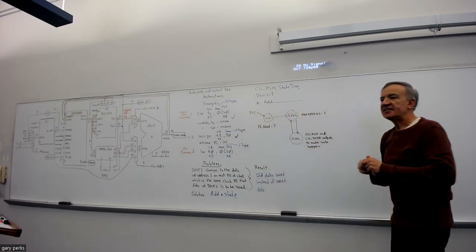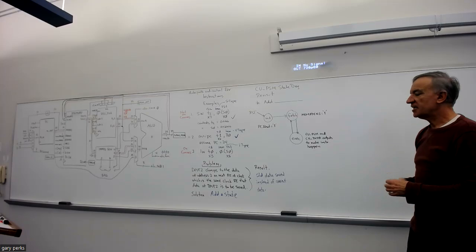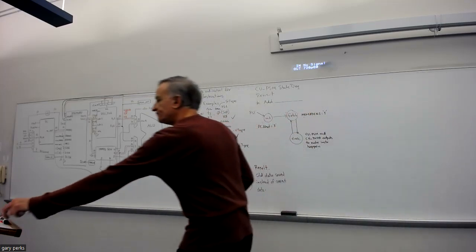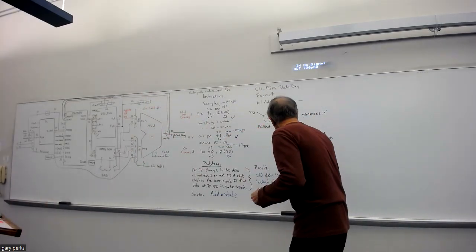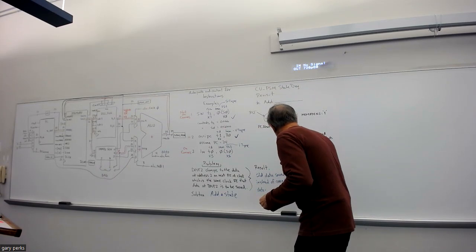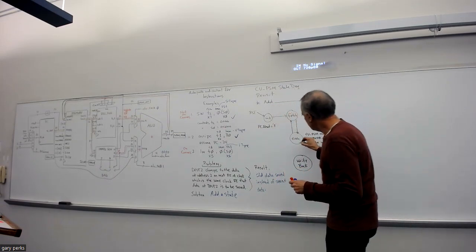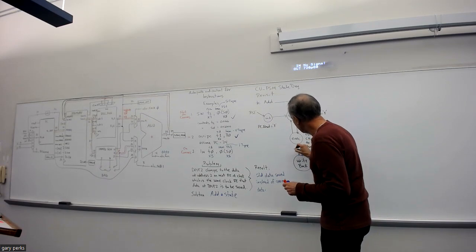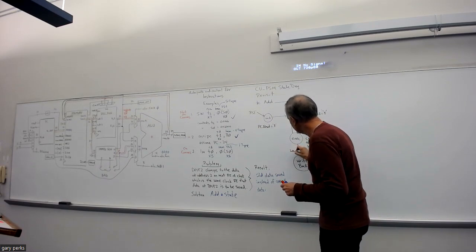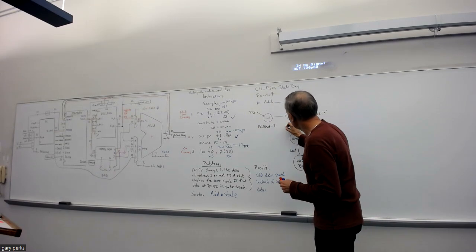So we're going to have to add a state to our state diagram for our FSM. And this added state, we call write back. And we only want to go to the state if it's a load instruction. If it's not a load instruction,